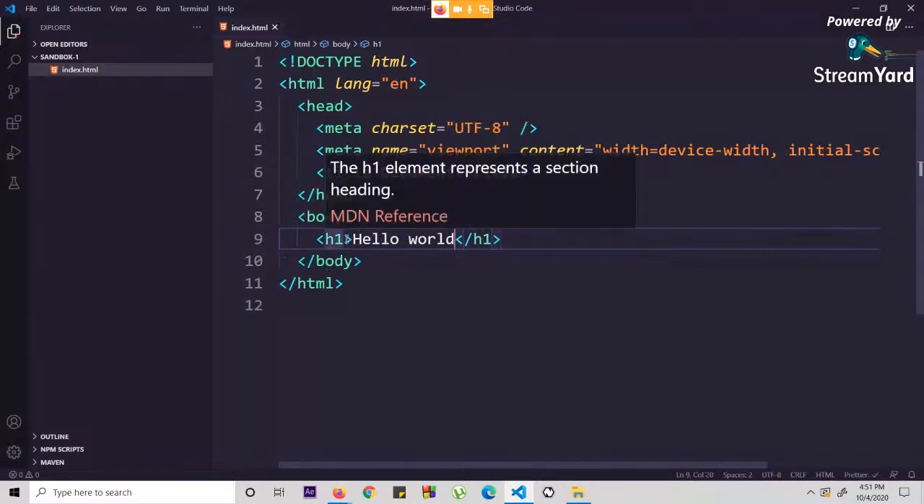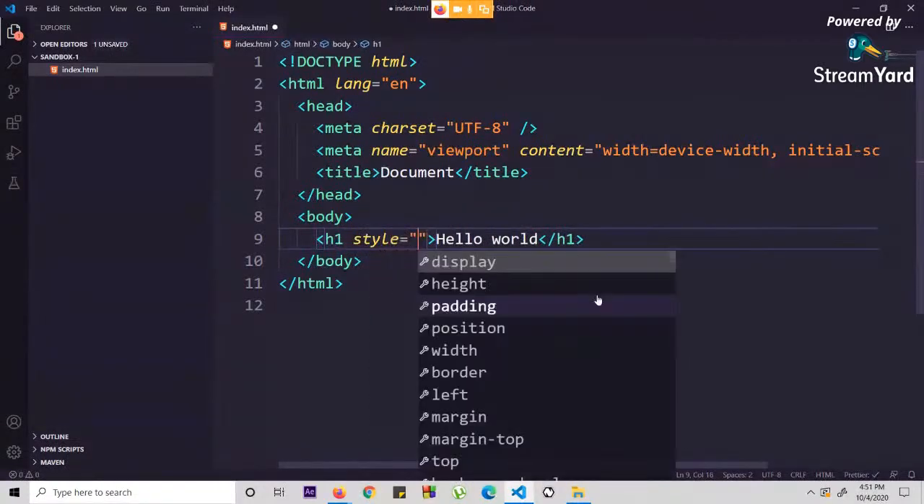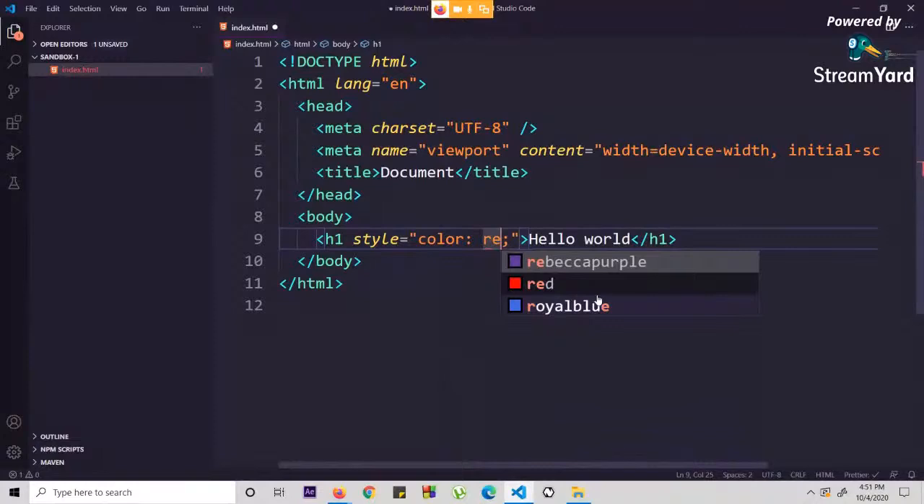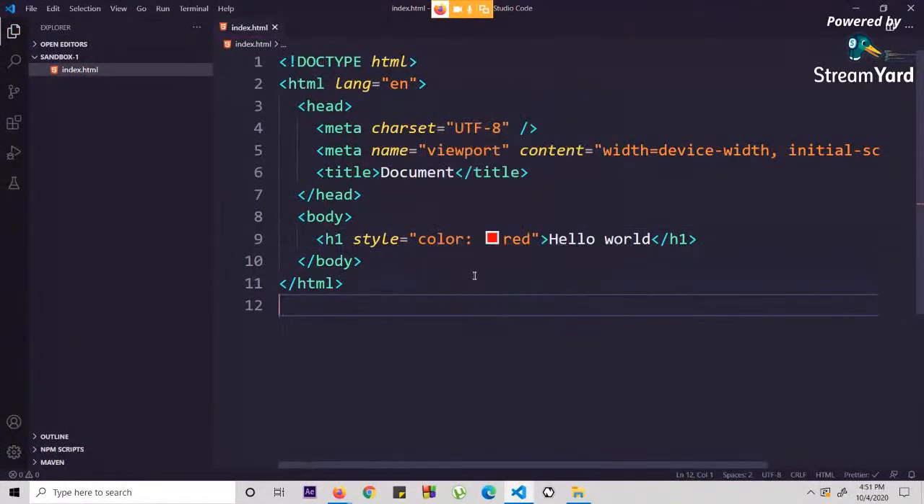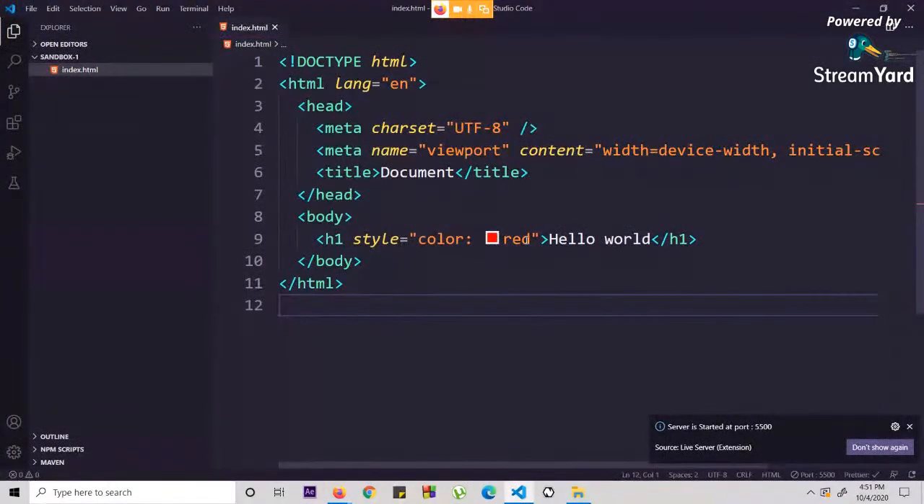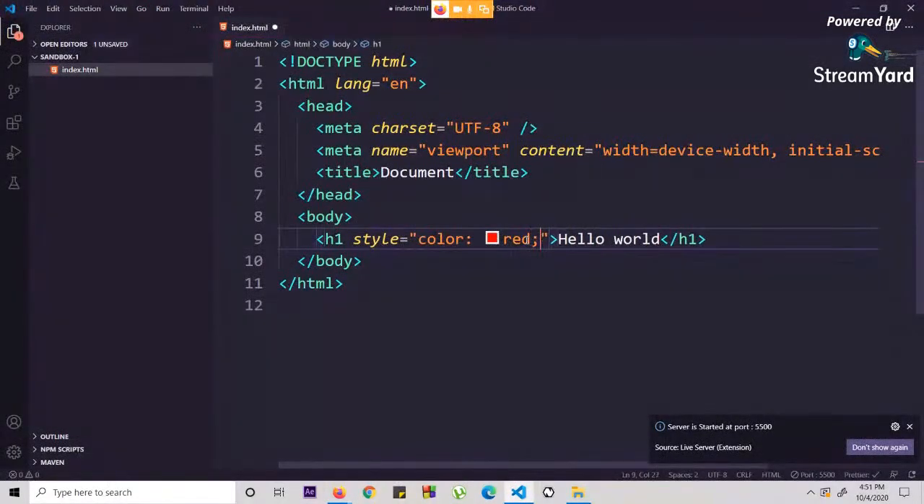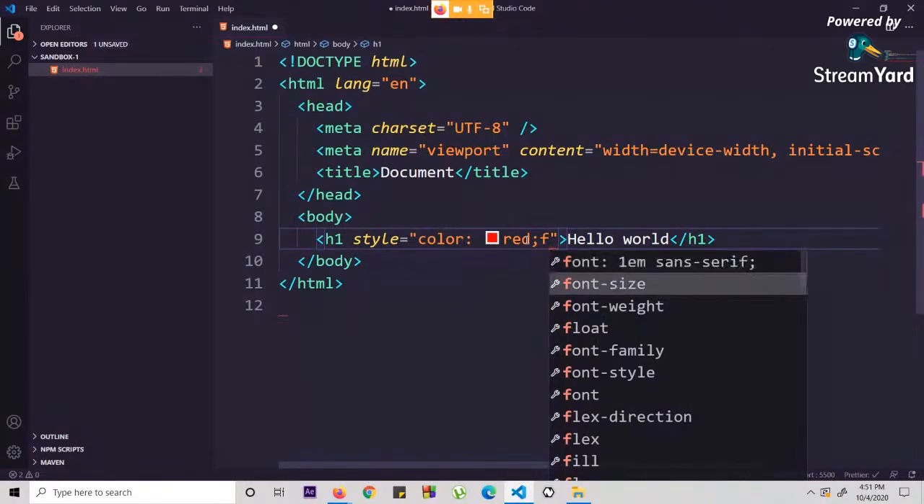Now, the first way of using styles in HTML is through the style attribute. Don't worry about what I'm writing inside the double quotes. I'll simply write color and I'll write red. Now, if I open with Live Server, as you can see, that is also possible. That is also a possible way to style elements. But actually, if you go on styling like this, don't do this. I'll just show it for the